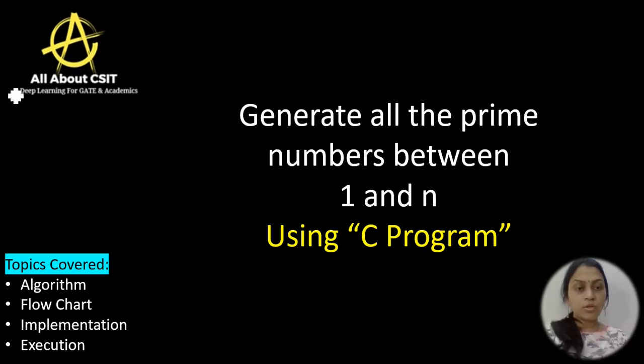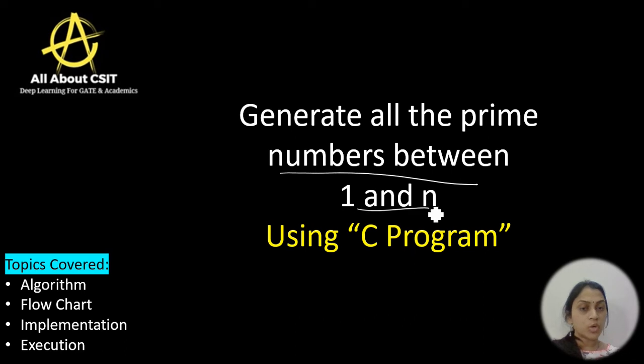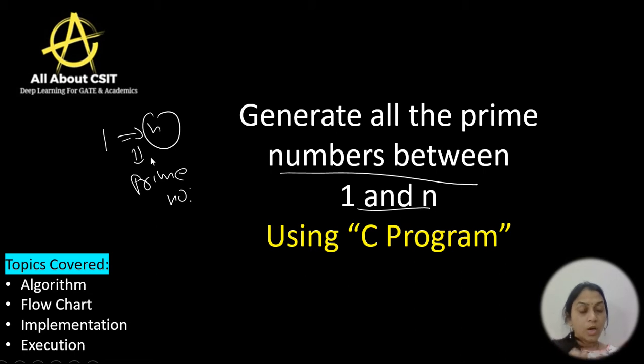Students, welcome back. So now let's see another program in the C language, that is generating all the prime numbers in between 1 and 10. So in between 1 and 10, I need to generate whatever the prime numbers that are present. So the n is given by the user. So you can give any number like 10. If you're given n as a 10, so 1 to 10 numbers, what are the prime numbers? Those numbers have to be printed on the screen.